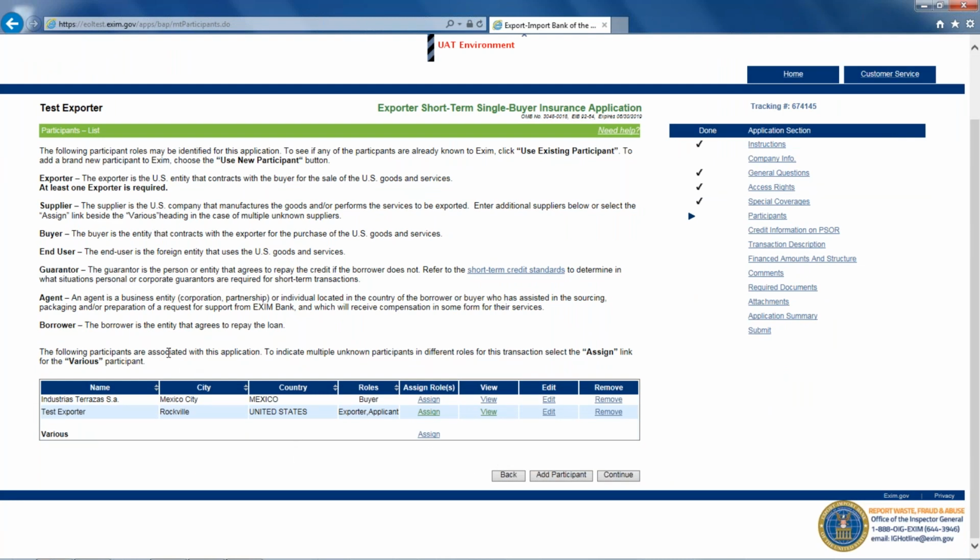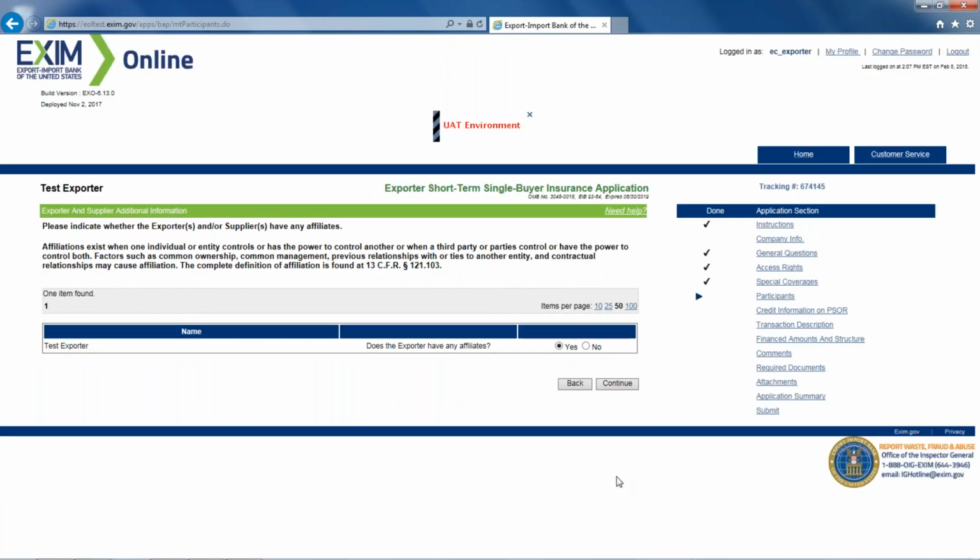There is this entry here, and there's a reference to it at the bottom of the instructions, to this various name and this assign button. You shouldn't have to use that. It generally will take you to a screen that will let you choose only a supplier. So I'm going to skip that right now. We have no guarantor in this particular transaction, but it would take you through a very similar process to what we just went through if you indicate that there is a guarantor. So I'm going to press continue to go to the next section.